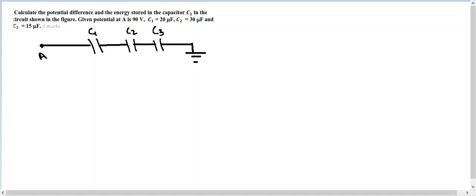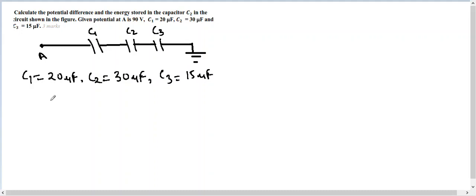So for solving it, let's first write down all the values. C1 is given to us as 20 microfarad, C2 is given to us as 30 microfarad, and C3 is given to us as 15 microfarad. Also the potential is given to us as 90 volts. So we have to find out the potential difference across C2 and also the energy stored in